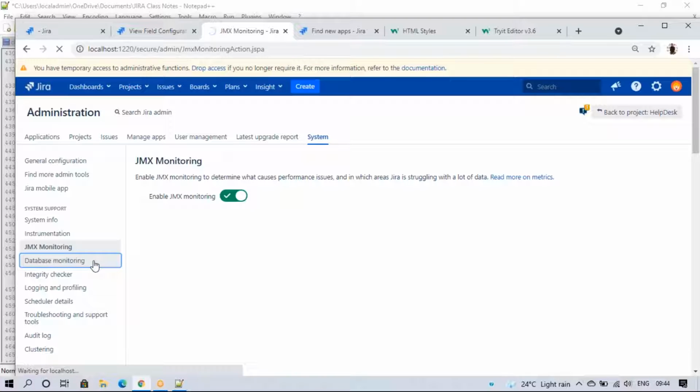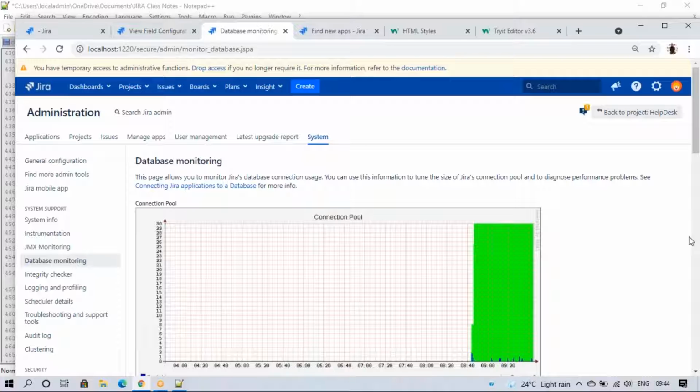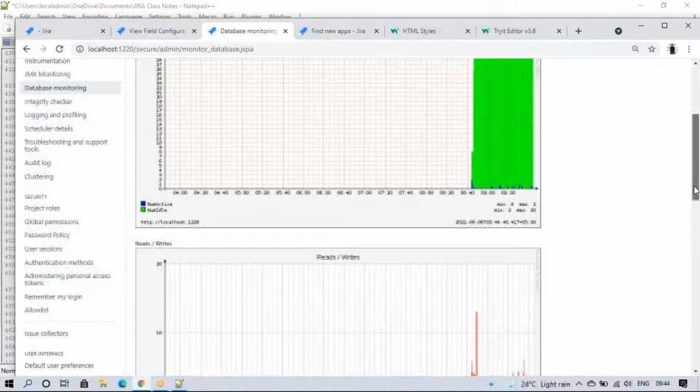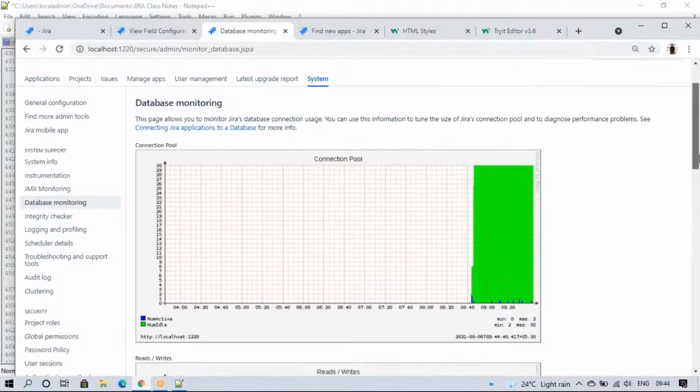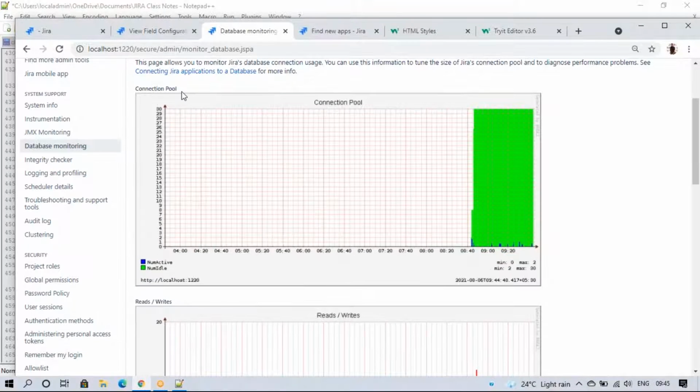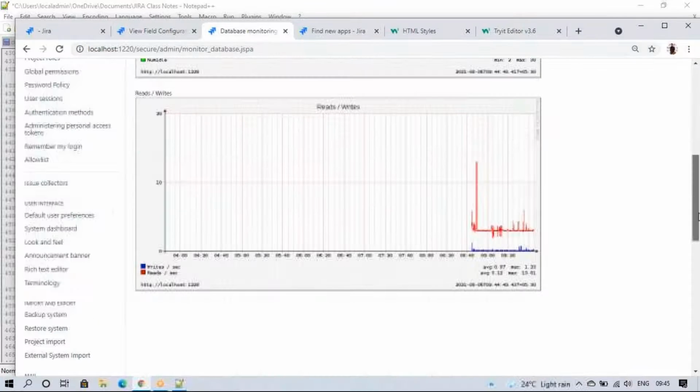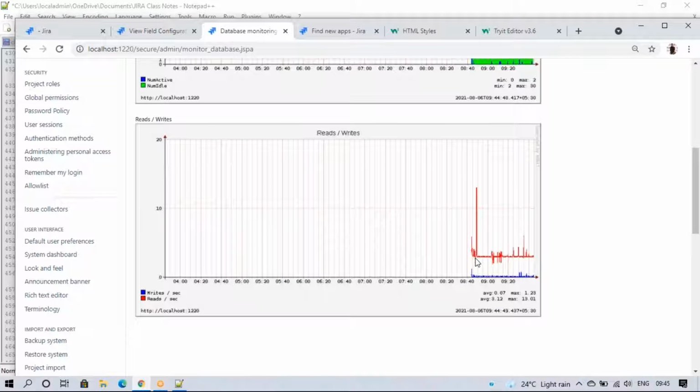And the next, database monitoring, and for these Jira performance issues I'll send one recording. In that, at Jira performance time, it will show how my database responds to my Jira. So that is the connection pool, how connections happen. It's good within seconds, there is a small graph below, so that is the connection within that time. But how much read and write time is it taking? Read time is taking very long, and write time is taking very little. So we can get some idea: if Jira is working slowly, we can check here. If the database is not responding correctly, Jira will work slowly. So we can check here how the database is responding to Jira.